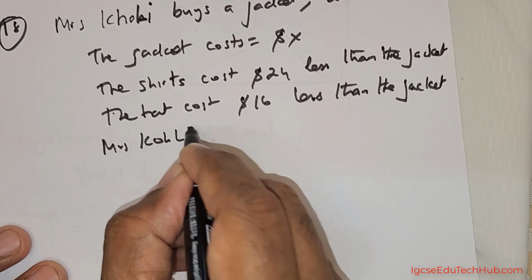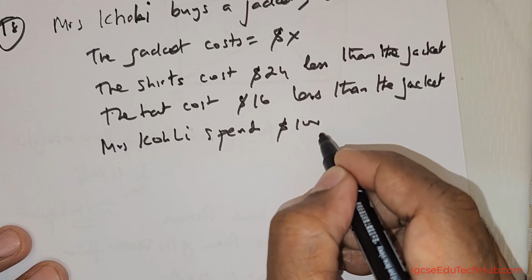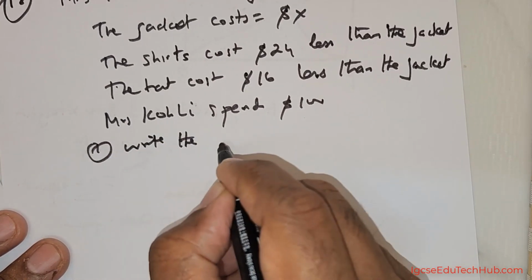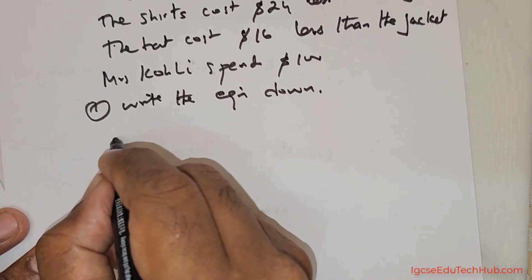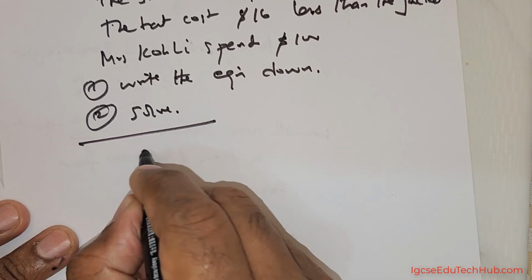Mrs. Kohli spends exactly $100. So first you have to write the equation down. Write the equation down. And next we have to solve. So solution: